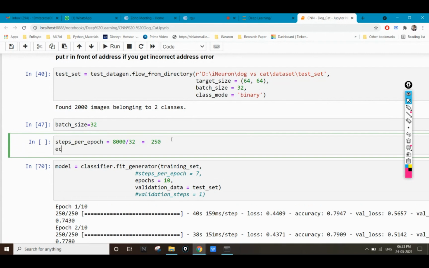And one more thing which we have is epochs. This epoch is for how many times you want to send the complete 8,000 images. In machine learning we always use our data only once, but in deep learning, or in CNN, we use the same image multiple times so as to get a better accuracy. So here epoch means how many times you are